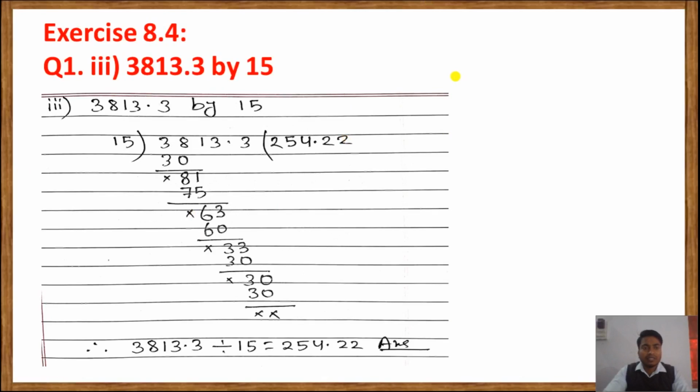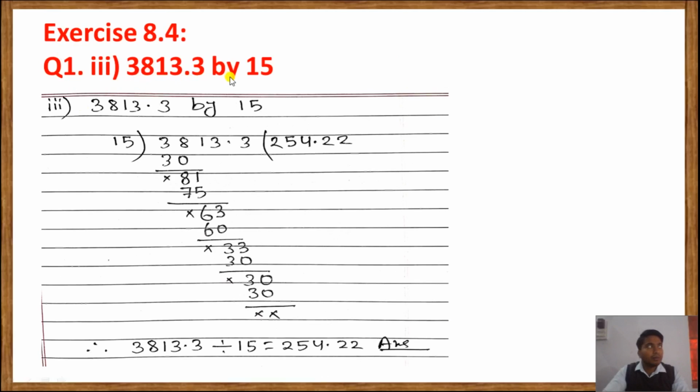Last day we have discussed how to divide a decimal number by a whole number. We even discussed some examples also. Today we will solve some questions from the exercise. After that I'll show you how to divide a decimal number by another decimal number. So let's start. Here we have question number 1,